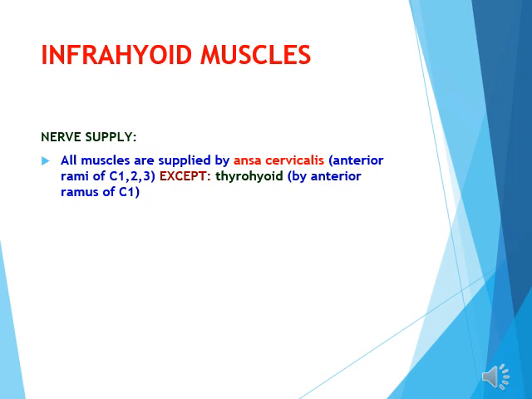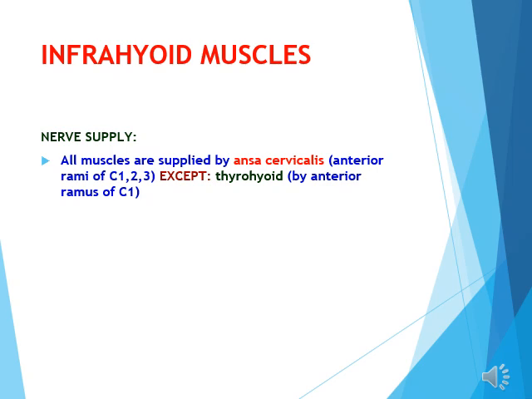Now let's turn our attention to the innervation of the infrahyoid muscle group, a detail that's often overlooked but critically important in both surgical and neurological contexts. The infrahyoid muscles, sternohyoid, omohyoid, and sternothyroid, receive their motor supply from the ansa cervicalis, a loop of nerves derived from the anterior rami of C1, C2, and C3. This loop lies embedded within the carotid sheath, and its branches